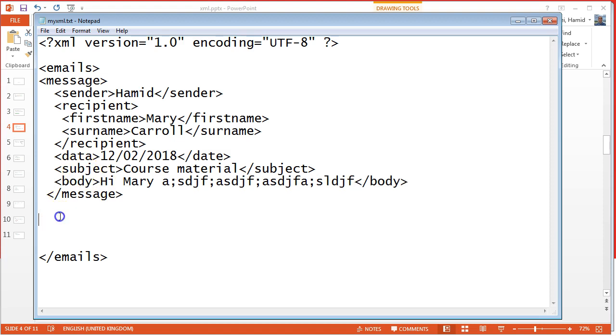This is the first message. So we can have a few messages or a few emails like this, which means these elements will be repeated. Let's save this